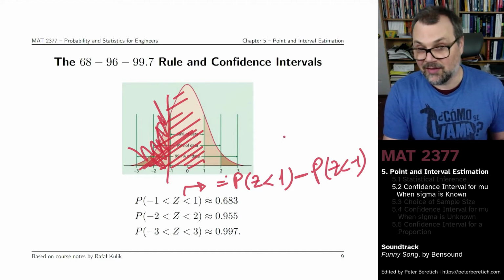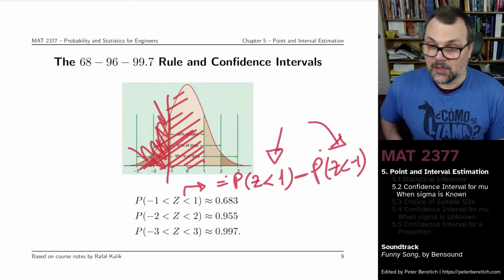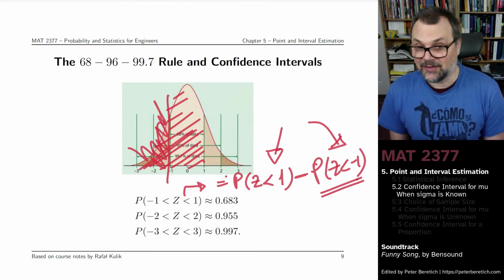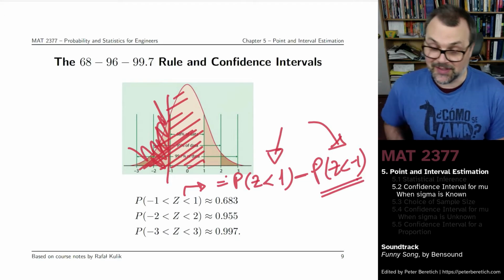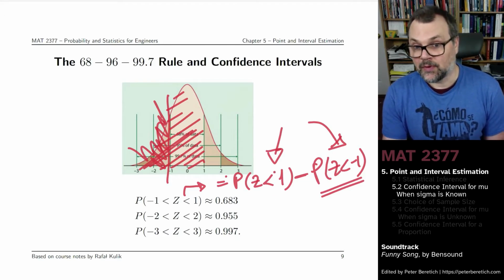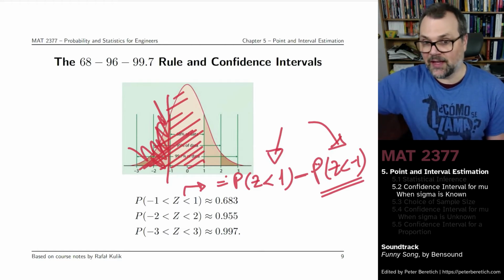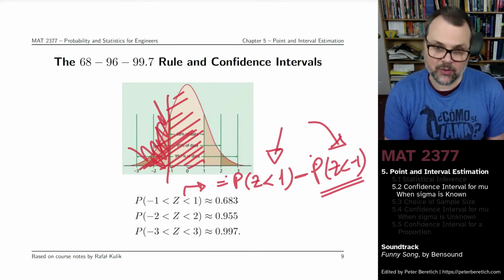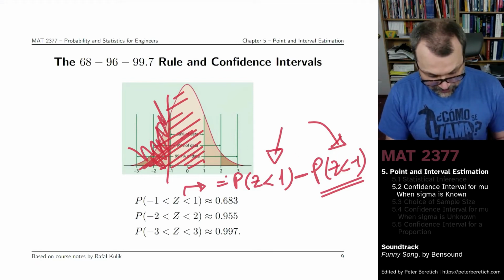And you get these values from the tables. Now this value here you will not be getting directly from the table, because typically your table only works for thresholds between 0 and some large positive values, but you can obtain this quantity by noticing that the area here